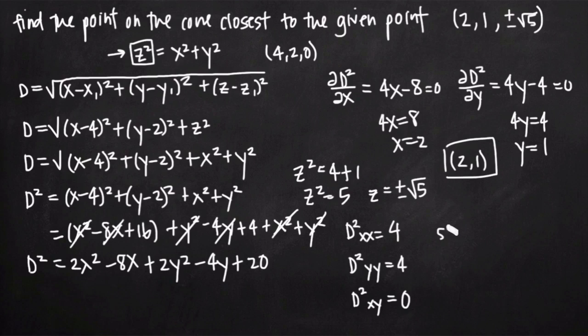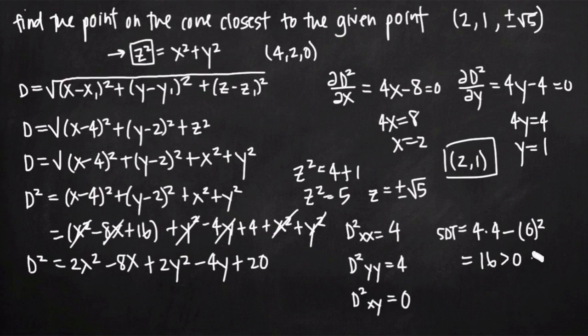So instead, let's say just second derivative test is going to be equal to, remember here we take the second order partial derivative with respect to x, which is 4. We multiply it by the second order partial derivative with respect to y, which is 4. And then we subtract the mixed second order partial derivative squared. So we square that value and subtract it from the product of second order partial derivatives with respect to x and y. So when we simplify here, you can see that we just get a value of 16, which is